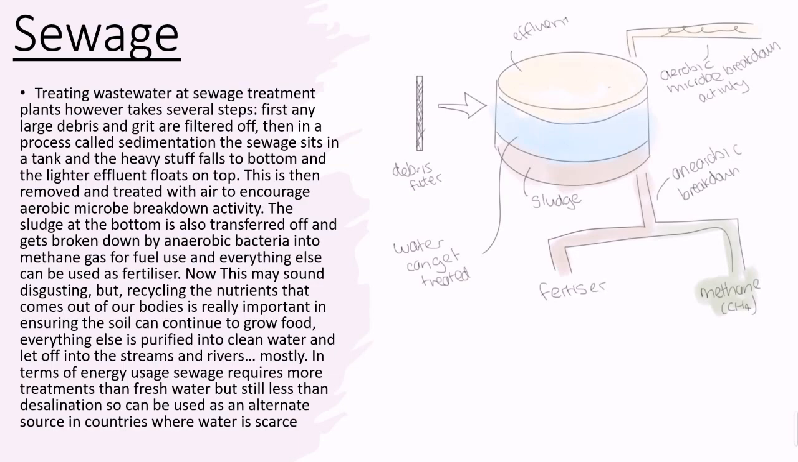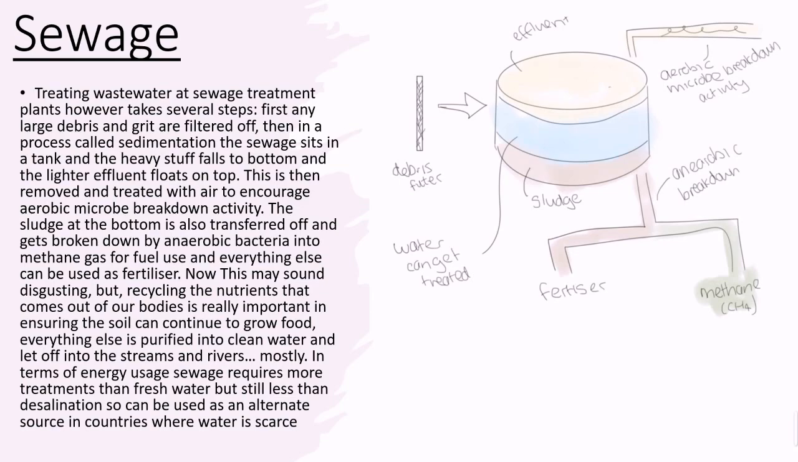Then, in a process called sedimentation, the sewage sits in a tank, and the heavy stuff falls to the bottom, and the lighter effluent floats on top. This is then removed and treated with air to encourage aerobic microbe breakdown activity. The sludge at the bottom is also transferred off, and gets broken down by anaerobic bacteria into methane gas for fuel use, and everything else can be used as a